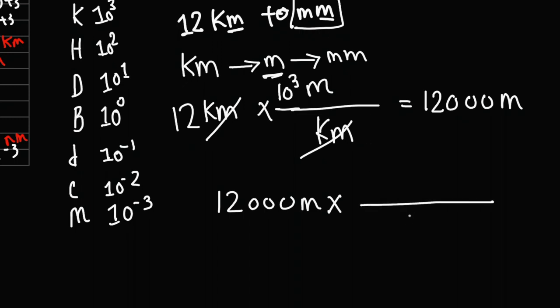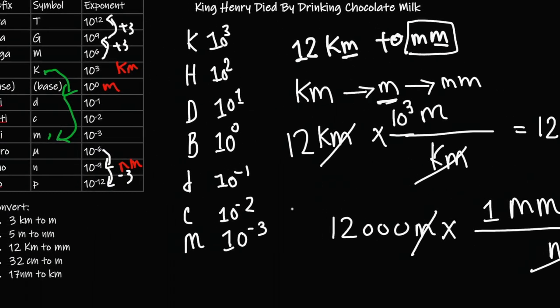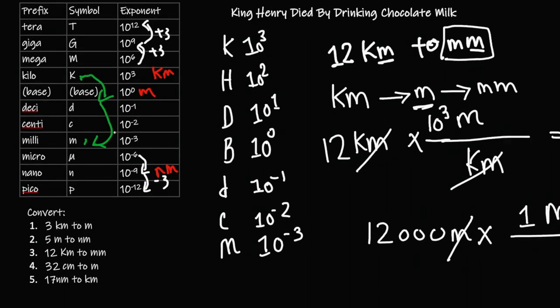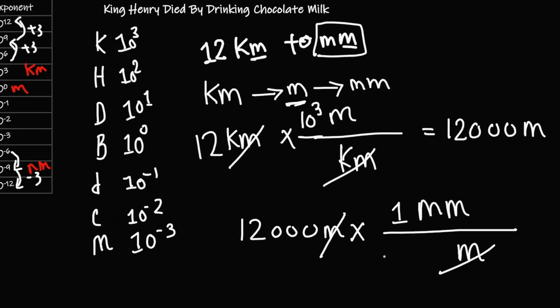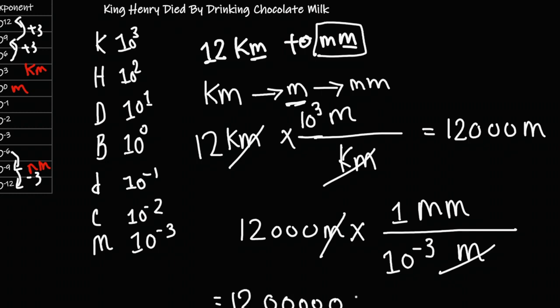So again, we write below meter just so we can get rid of the meter, and we'll write on top millimeter. Now 1 millimeter. Now let's look at the exponent for millimeter. The exponent that we have is -3. So we write 10 to the -3. If you divide 12,000 with 10 to the exponent of -3, you will end up with 12, and you will have 1, 2, 3, 4, 5, 6 zeros,